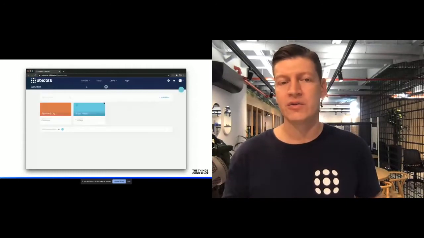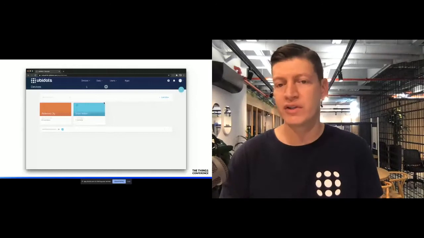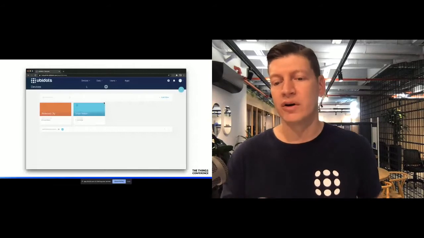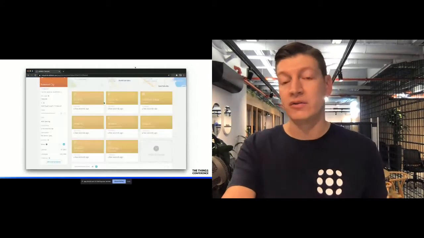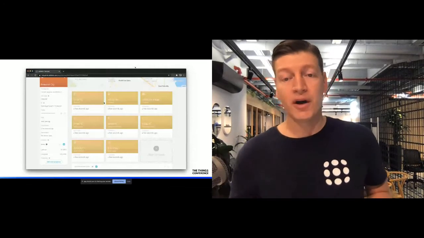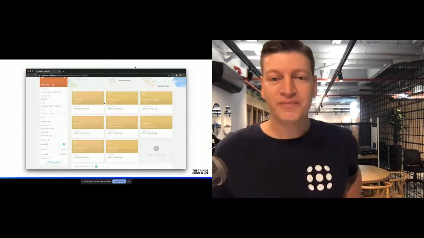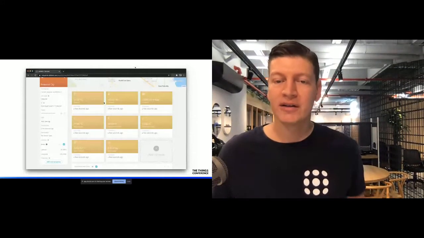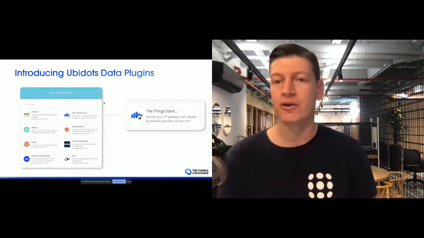Full weather station with temperature data, pressure, wind speed, wind direction. And then, of course, the more plugins we add, the more data you will be able to grab and to enrich your IoT application and that of your customers. So we thought, well, what a better way to announce this than creating a plugin specifically for you guys, for